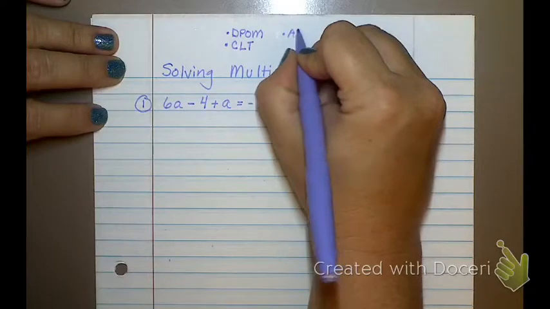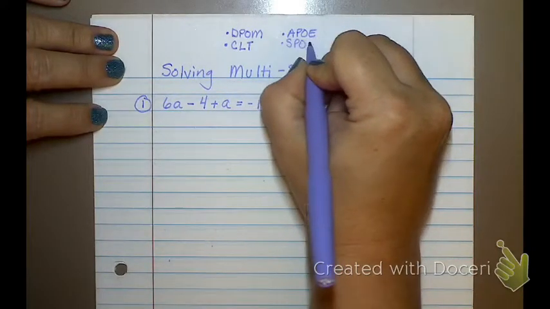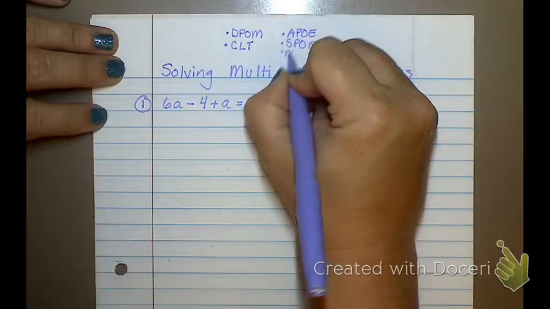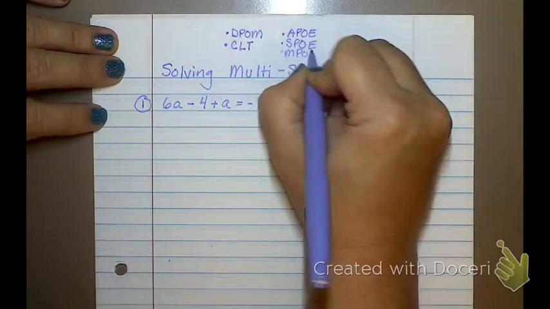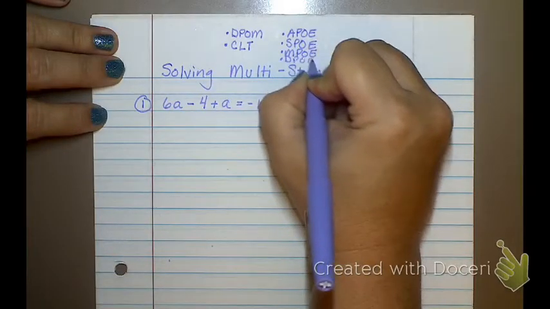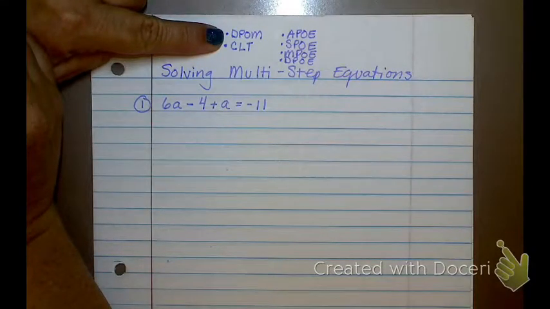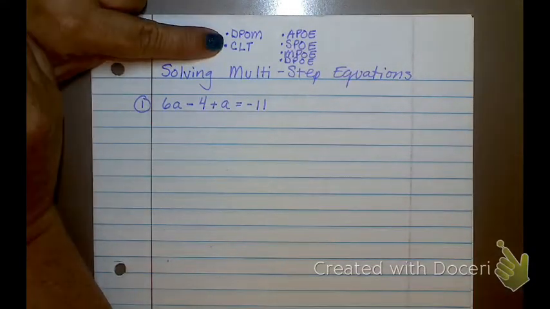Addition property of equality, subtraction property of equality, multiplication property of equality, and division property of equality. We should be familiar with those. We haven't used the distributive property and combining like terms too much, but we are going to be using those